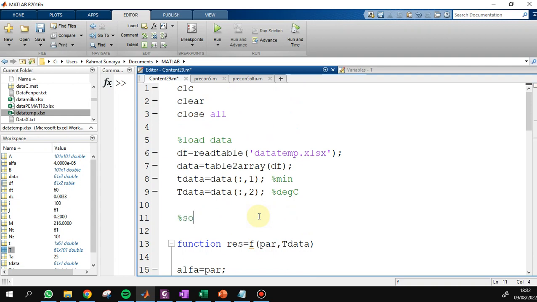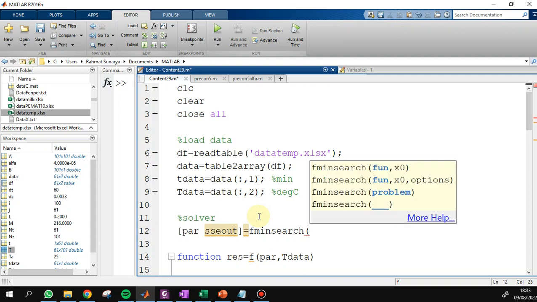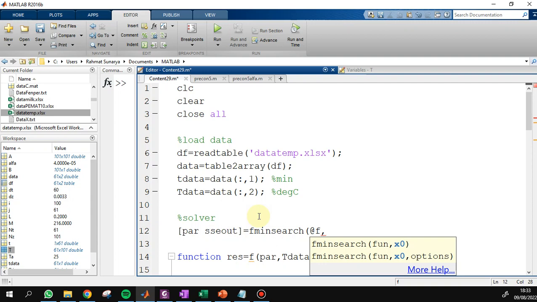Solver, parameter. Output equals fminsearch, the function to find the least square, with the base number starting from 0.